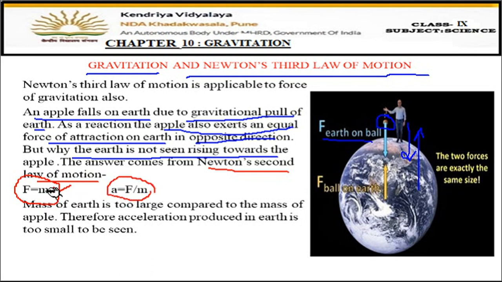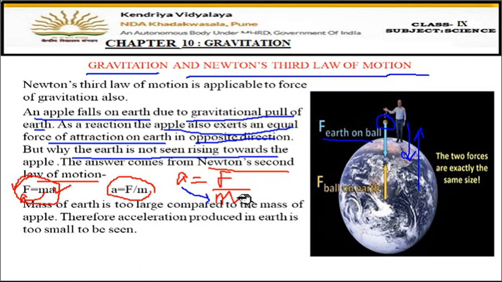From this formula, if we change it, how do we find acceleration? We have to shift this m towards this side. So a is equal to F by m. Now, see, acceleration and here F upon m, right? Force upon mass. So you can see that acceleration and mass are inversely proportional to each other. One is in the numerator, the other is in the denominator form. So they are inversely proportional to each other.